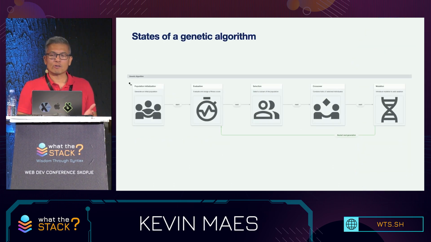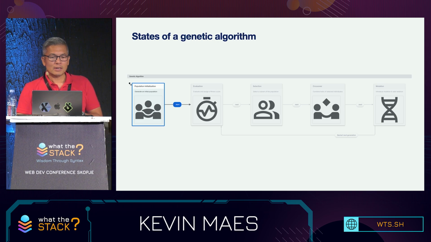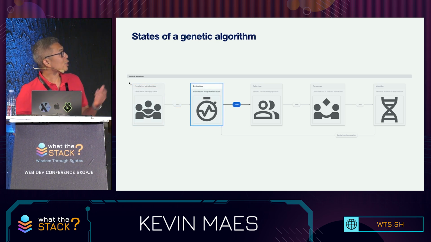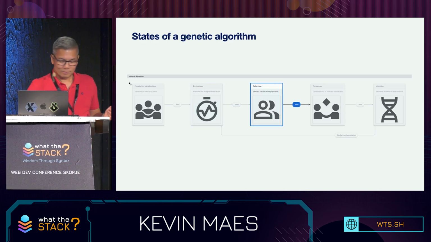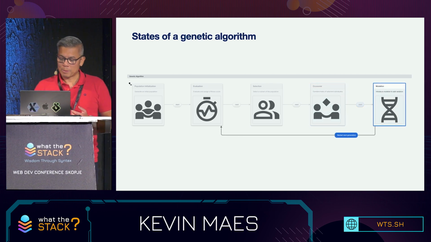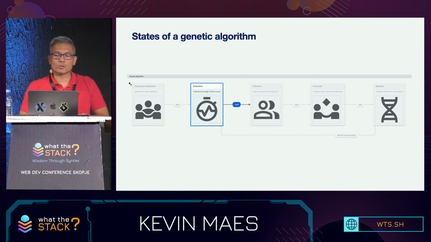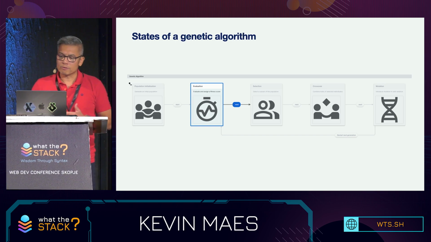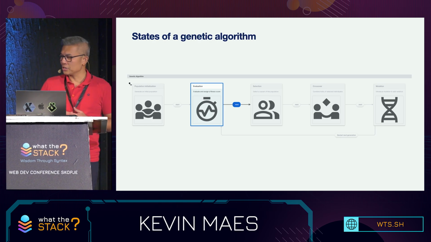So how does a genetic algorithm work? Well, there are several steps in a GA. The first one is population initialization, and this happens only one time at the start. The next is evaluation and fitness. Then we have selection, crossover, mutation. And those last four, they happen repeatedly in a loop, maybe hundreds or thousands of times. And each of those iterations is considered to be a generation, each with its own new population.